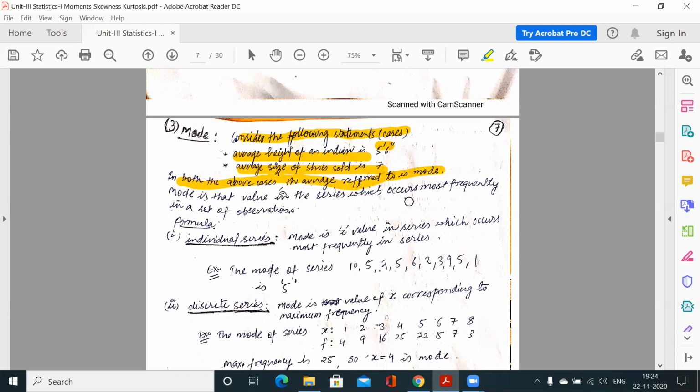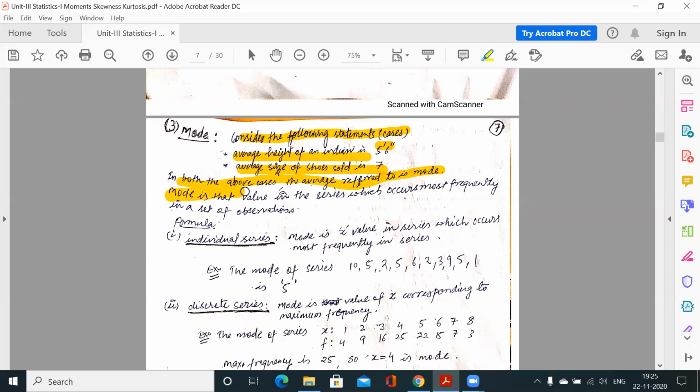Like I told initially, for a shoe production company, the central tendency mode is more appropriate. It does not mean it should not calculate the average, but it should calculate the mode for its industry. So if somebody is saying that the average size of shoes sold is 7, this average is not a mean, this is mode. Actually it represents the mode of the data. So size 7 is the most frequent size in humans.